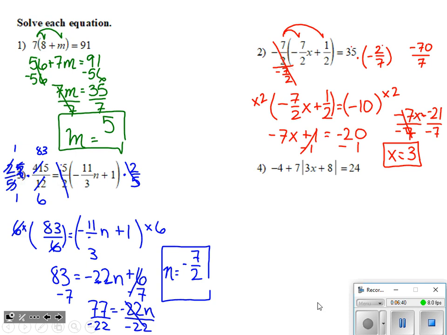And lastly, solving absolute values. This came into play in the third and final day of our review. First task, we need to isolate the absolute value. So let's add 4 to both sides. Really tempting to do negative 4 plus 7, but that 7's multiplied onto the absolute value. So we got to get rid of that loose negative 4 before we take care of the 7. Separate steps. To finish isolating the absolute value, I'm going to divide both sides by 7.